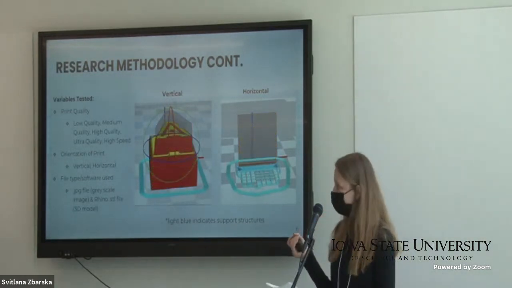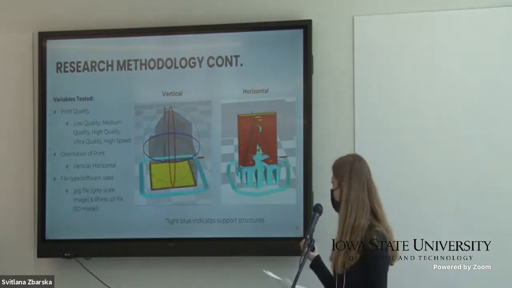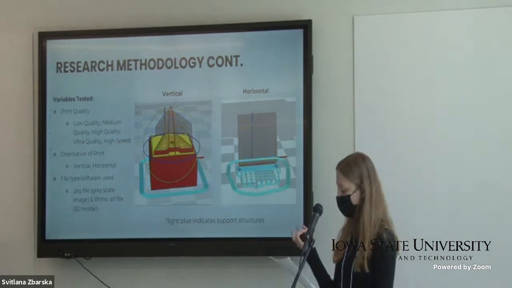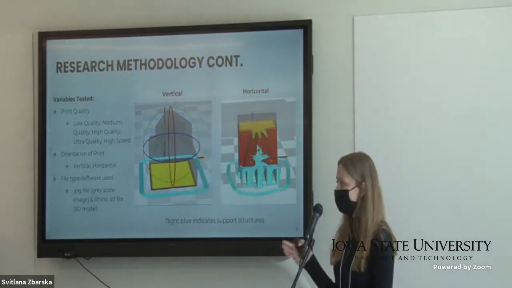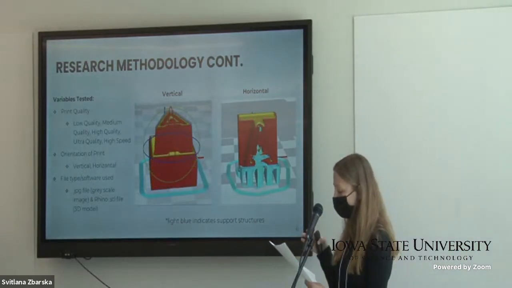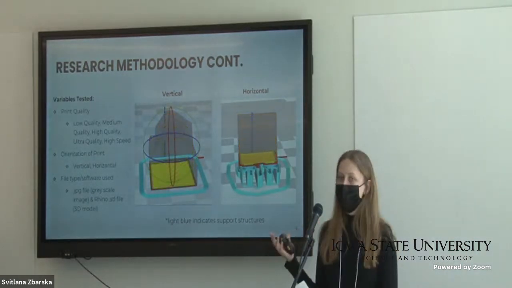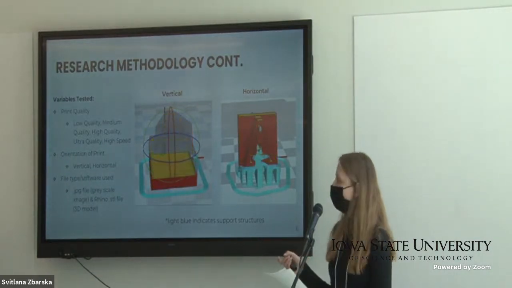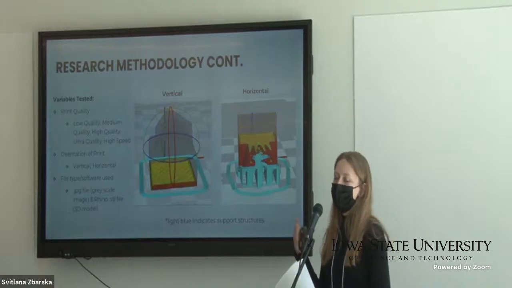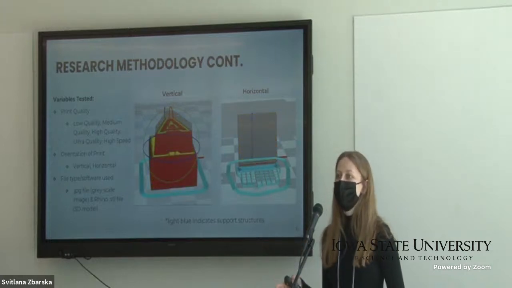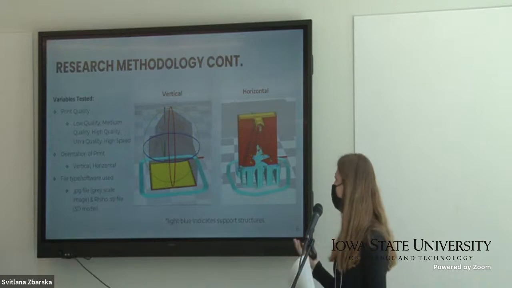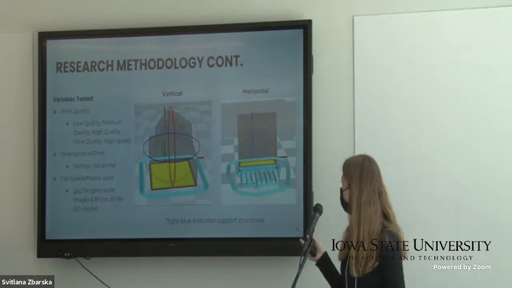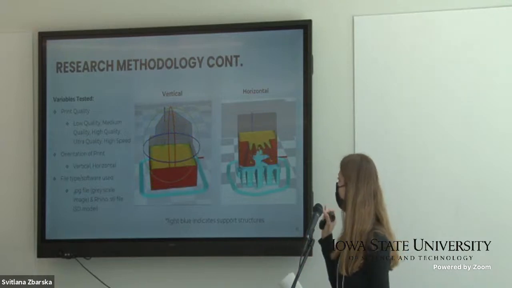Print quality has a lot of impact on how much time these take to print. For reference, the estimated time to print a low quality A block in the PLA is approximately 21 minutes, whereas when printed at ultra quality, that had an estimated time of 3 hours and 3 minutes. So quite a big difference. We wanted to investigate whether there was a large difference between the prints when printed at low quality versus those at high quality, to see if it would ever be worth the time it takes to print an ultra quality option. We also printed A blocks in 2 different types of orientations, vertically and horizontally.